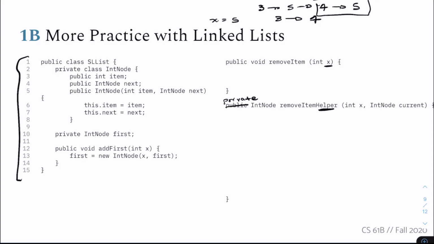And so we don't give them the ability to figure out which int node we start on. We always start on the first node. And so knowing that, we can tell that what we should do, this returns an int node. So we're going to set that whatever int node gets returned into remove item helper